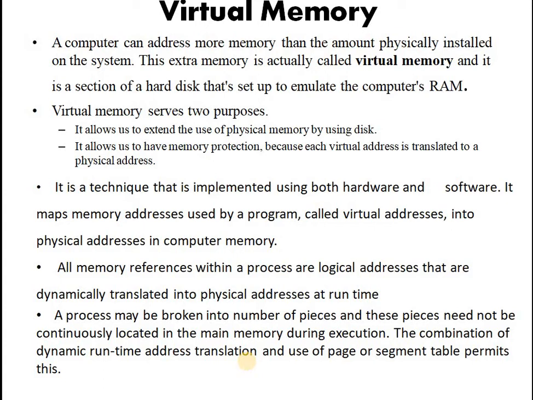In virtual memory using paging, initially only the most important pages, which are responsible for starting the execution of the program, are loaded into memory. The process starts execution with only part of the process image in memory. When a new page is demanded which is not available in memory, a page fault occurs. The operating system locates that page on the disk and loads it into memory. This is called demand paging.